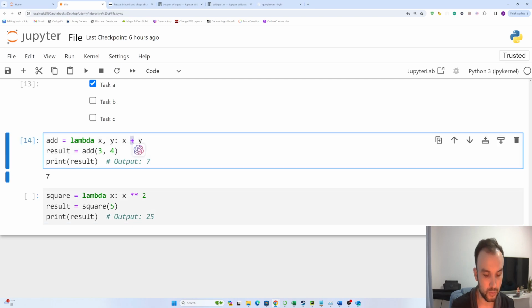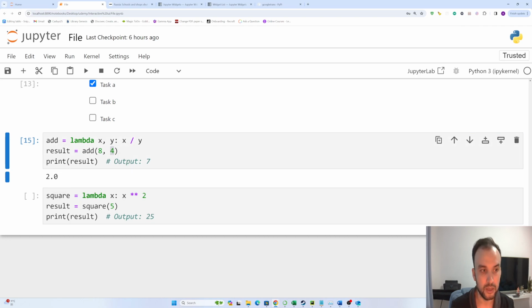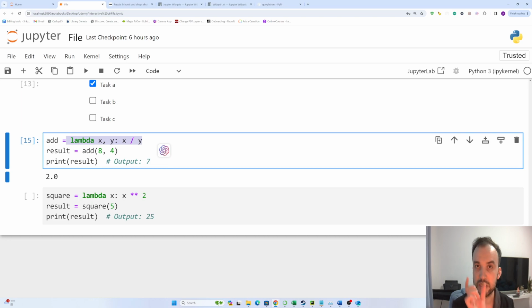If I divide them, for example, and make this 8, it will give me 2, because x divided by y, 8 divided by 4 equals 2. Here, with just one line, I created a function, the add function.